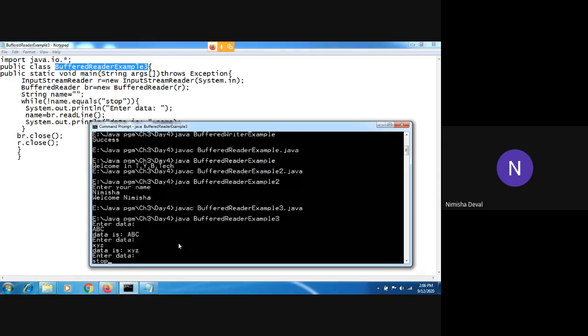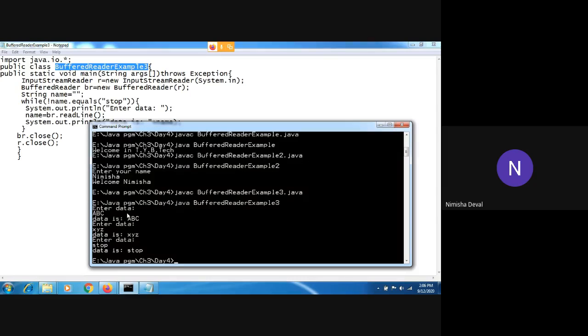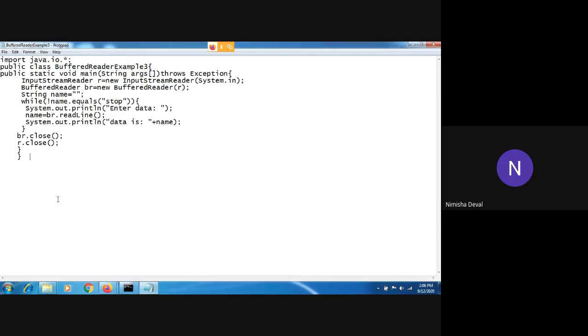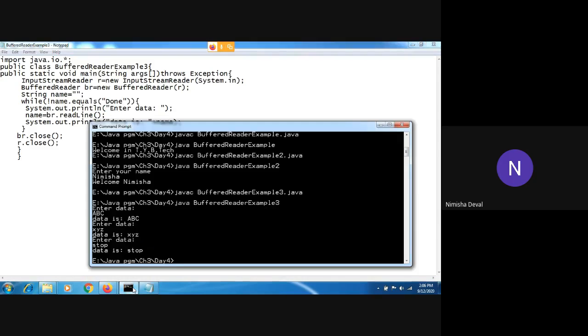Now I will mention the stop. You will automatically come out of that code. Now I will replace this word with done. Whenever you write the done keyword in your execution, then and only then it will stop, because we have written this condition in the while.